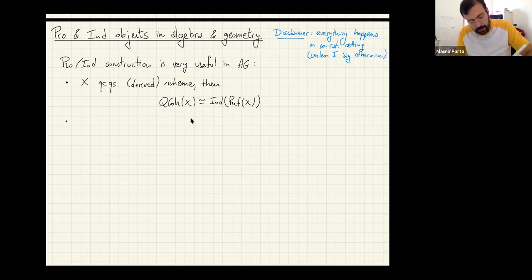if we want to look at formal schemes, then these are naturally inside Ind of derived stacks, because the key point is that Spf of some ring, local ring A, let's say, or complete ring with respect to some